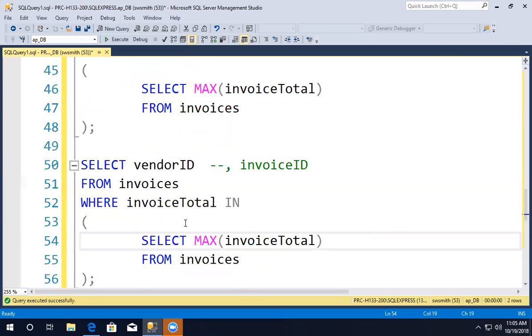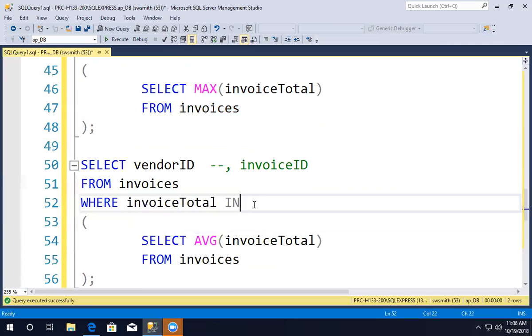Now, max. Well, I can just put AVG. By the way, don't be surprised if some databases make you type out AVE or AGE. Some do. Okay. Now, this is going to give me, if I say select where it's the average,